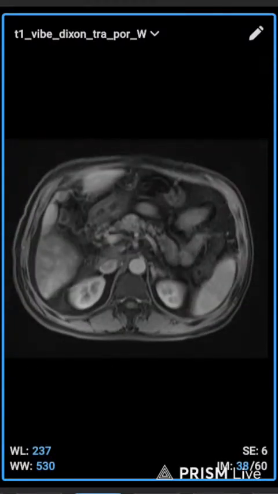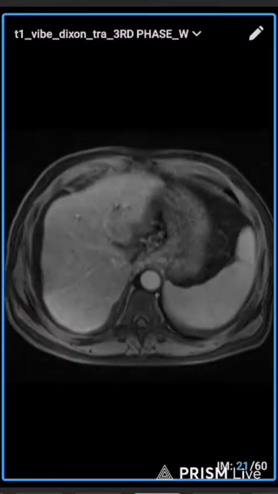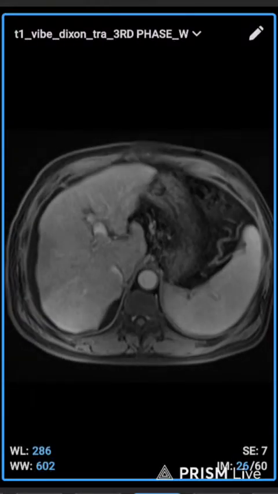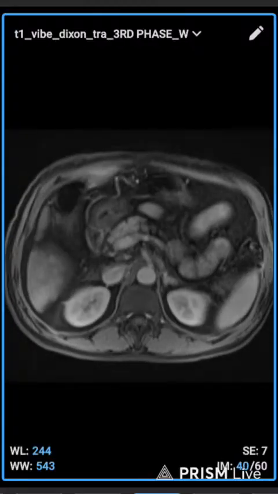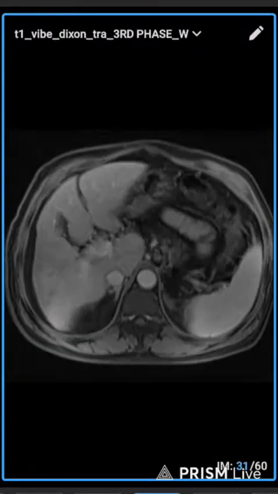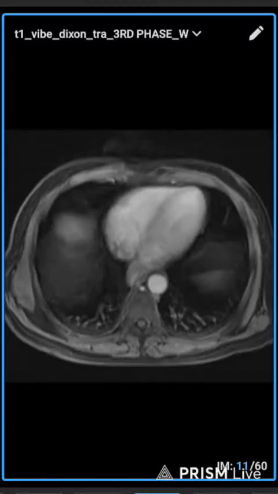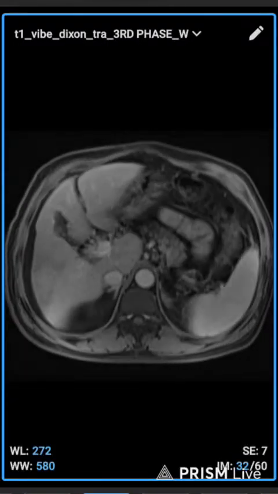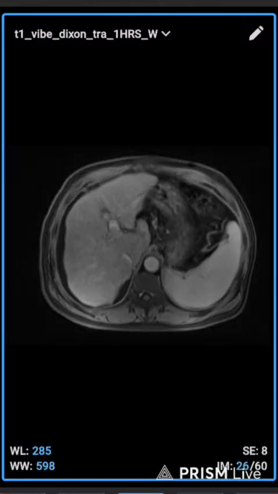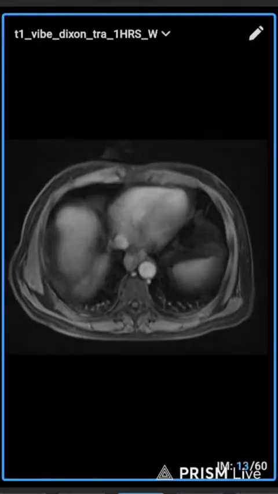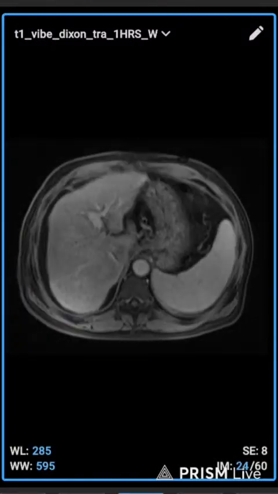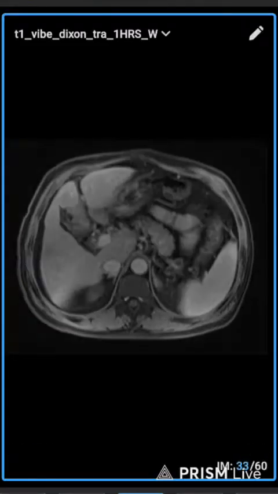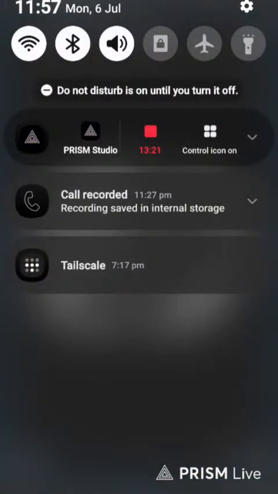So it's a dynamic scan that you can see. We can take multiple scans of liver with breath hold, just because those sequences are breath hold sequences. So it's totally focused on patient. It's totally dependent on patient. So we prepare the scan with